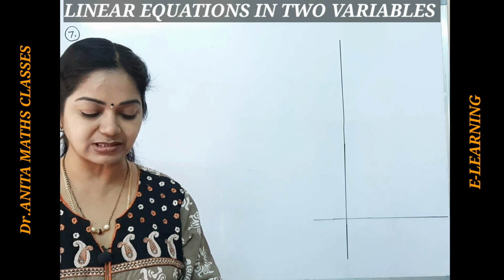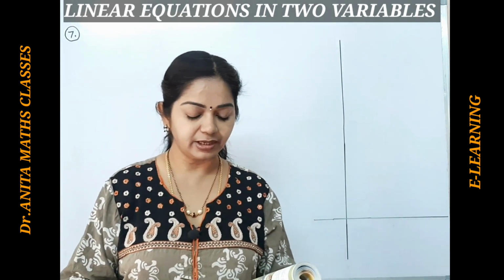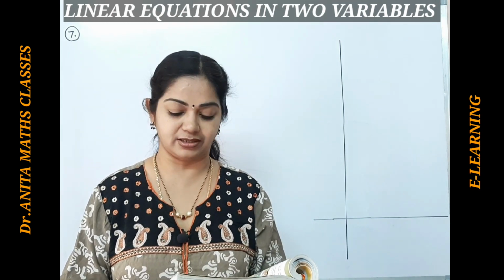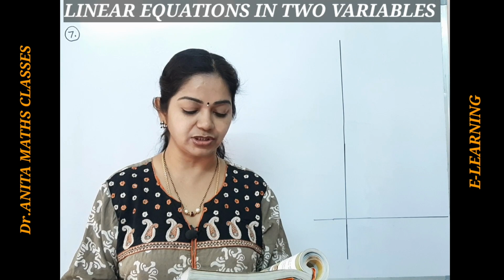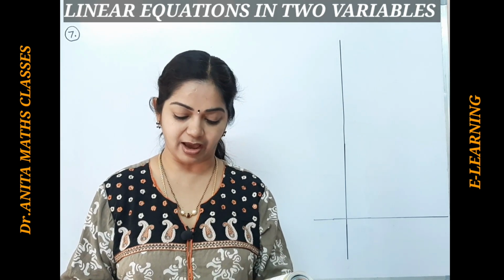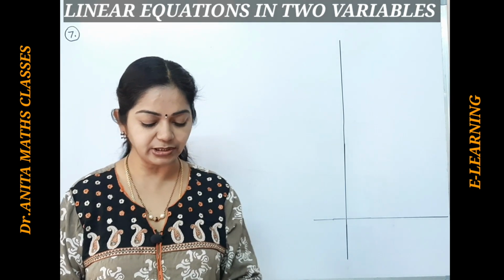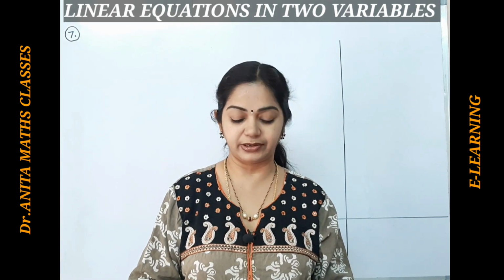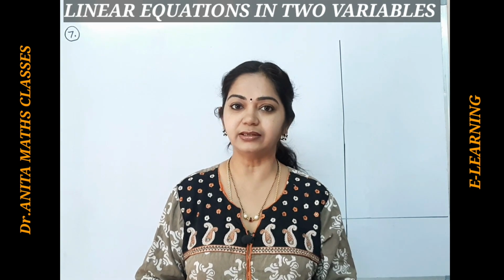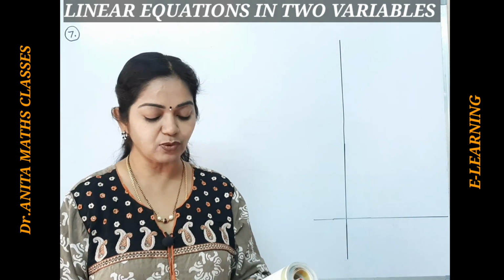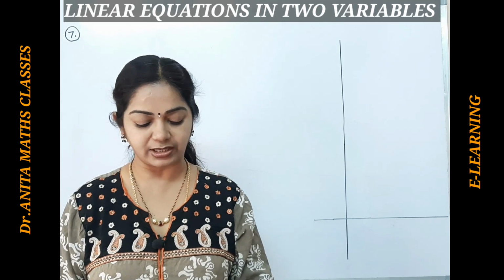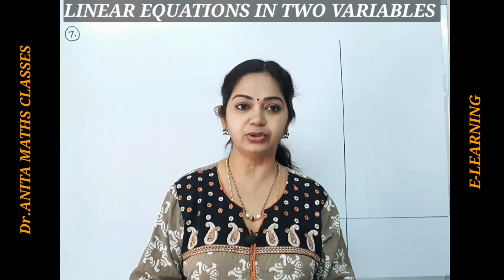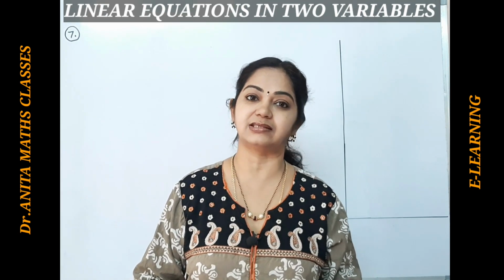Now, I'll read out the seventh problem. The ratio of the molecular weight of hydrogen and oxygen in water is 1:8. Set up an equation between hydrogen and oxygen and draw its graph. From the graph, find the quantity of hydrogen if oxygen is 12 grams, and the quantity of oxygen if the hydrogen is 3/2 grams. There is also a hint given: if the quantities of hydrogen and oxygen are x and y respectively, then x:y is 1:8, which implies 8x is equal to y.